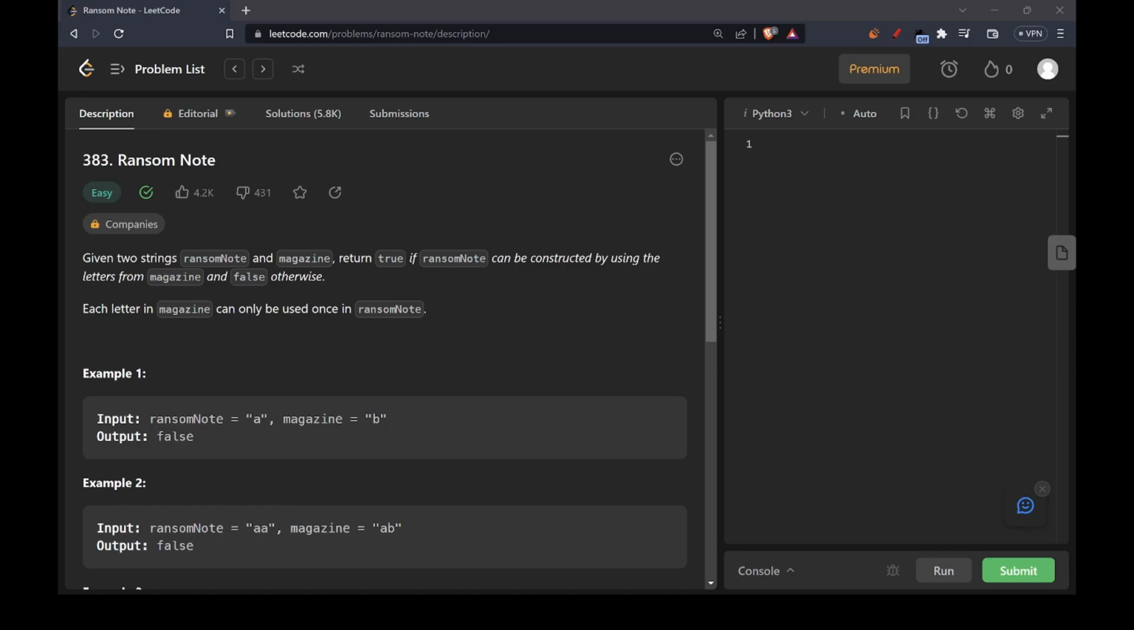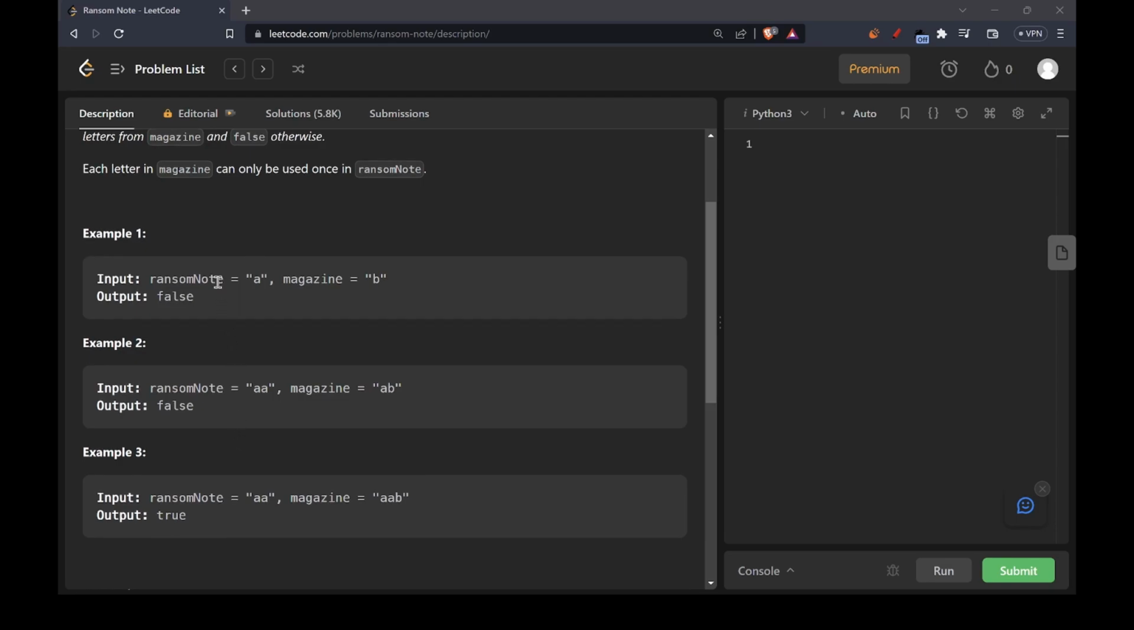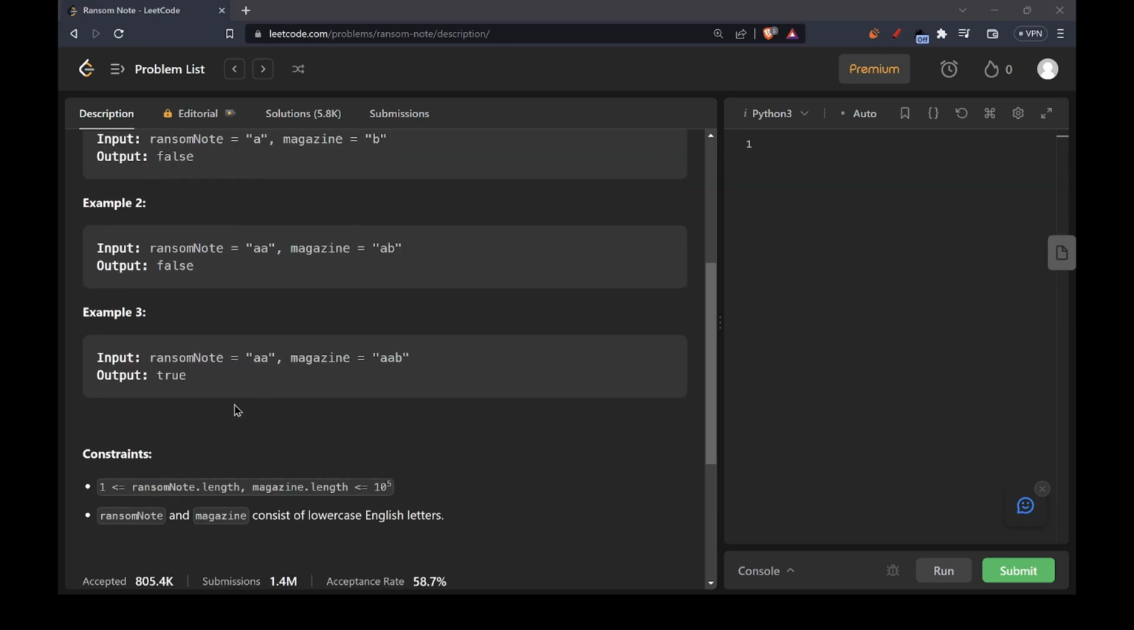So for example, let's take this example over here. Here ransomNote is equal to A and magazine is equal to B. The answer is false because there's no way that you can create A out of B. Another example could be ransomNote AA and magazine AB. Here also the output is false because, as you can see, there's no way you can create AA from the